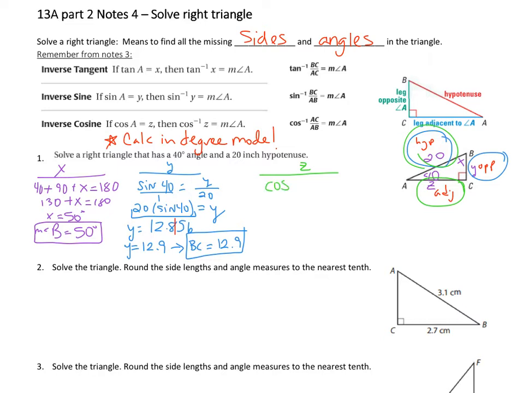So we have to use cosine of our angle, so of our 40 again. Adjacent over hypotenuse, so my Z over 20. We put it over 1 and cross multiply, so I get 20 times cosine of 40. Remember that whole thing can be typed in the calculator, equals 1 times Z, so I just have a Z on that side. My Z, once I type 20 times the cosine of 40 in the calculator, I get